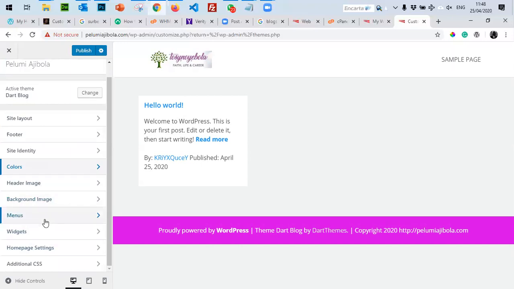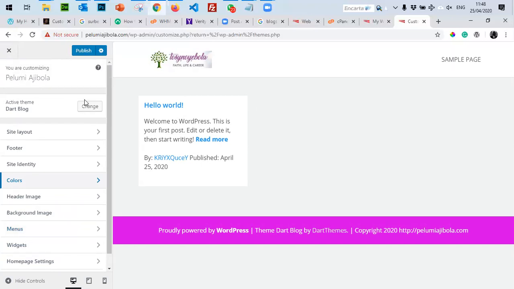If there are other things I want to play around with, like I'll be developing menus, but I'll come back to menu later, and widgets. These two things are very important for any kind of website, whether it's a blog or your other website. So if I were to design,